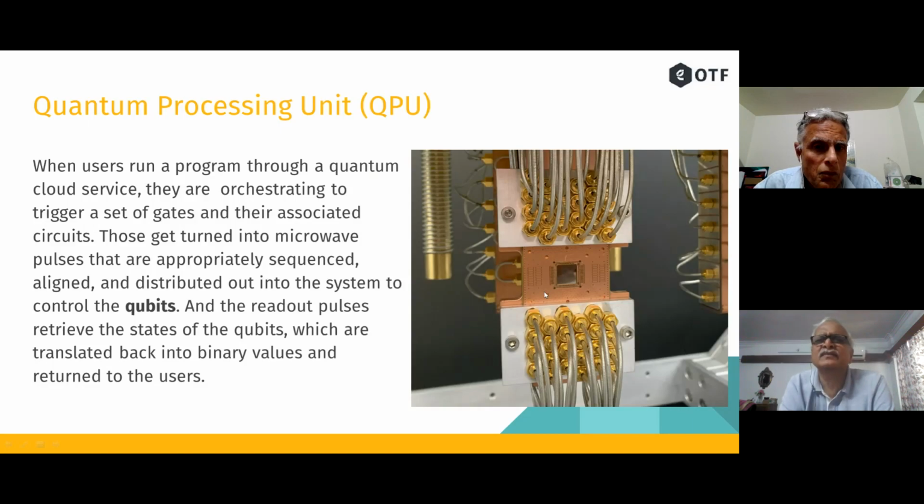Those are once again done at a subatomic level using some microwave type of interactions, and the responses generated by the qubits are captured. These are called the readout values. Those readout values are picked up by the so-called sensors out there, and they are converted and translated back into binary values which are given back to the user. So understand this,